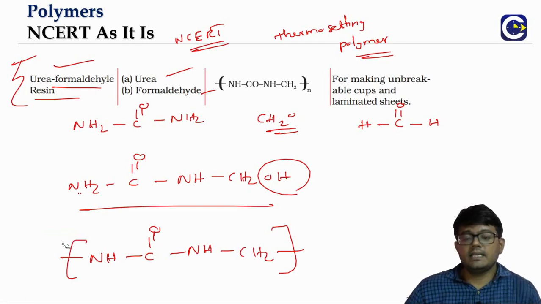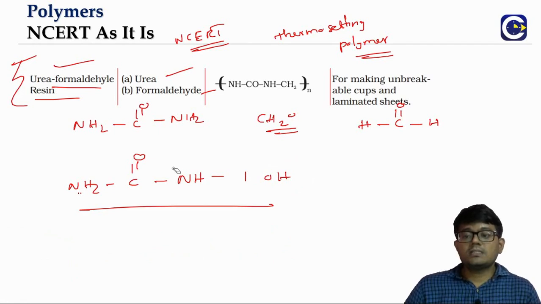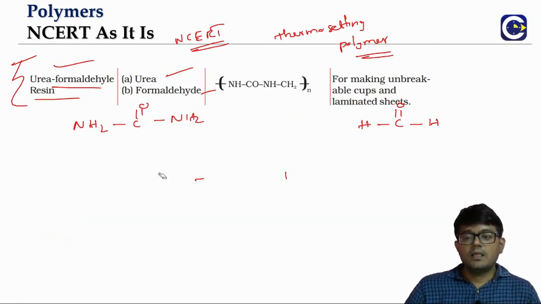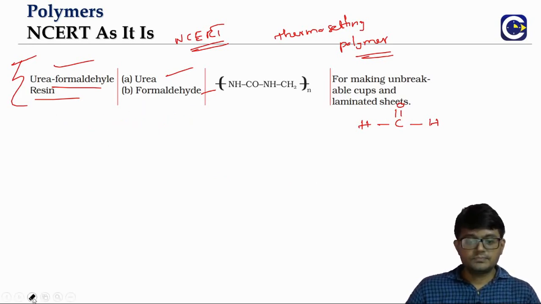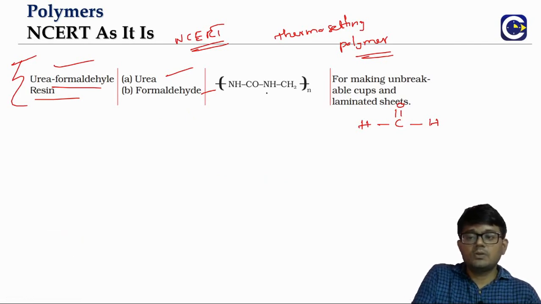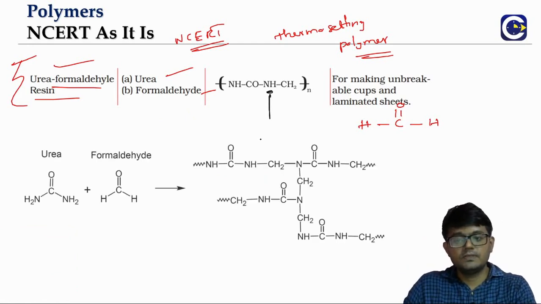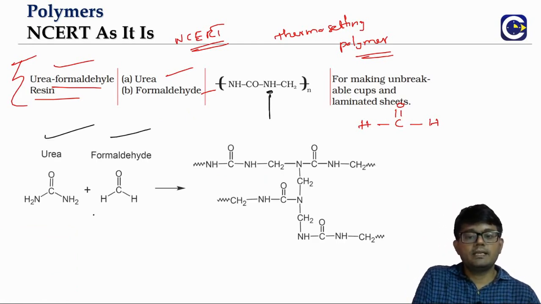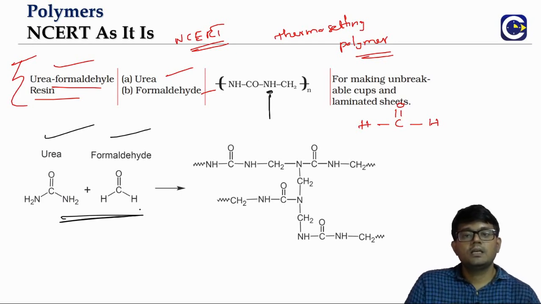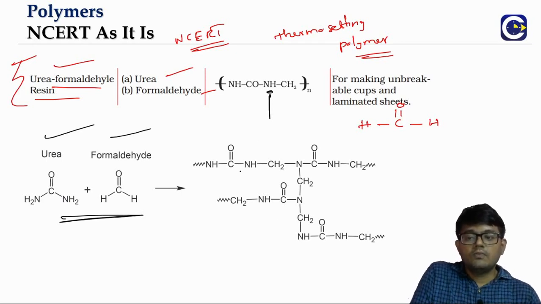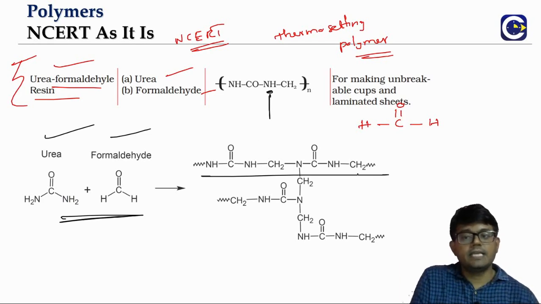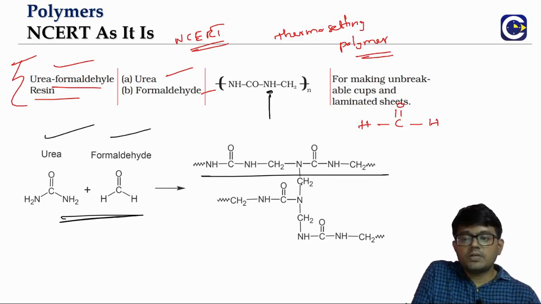But the thing is, the resin is a linear chain. We can also have the cross-linking happening, because remember the amino group inside the chain is having the hydrogens. You see here, the amino group is having hydrogens. This can help in the formation of the cross-linking. You see what can happen when urea and formaldehyde are forming the condensation polymer: while you can have a linear chain, there is also a possibility of the cross-linking.